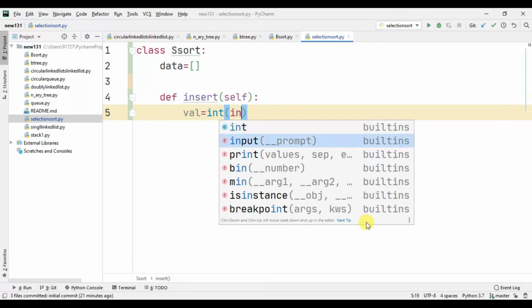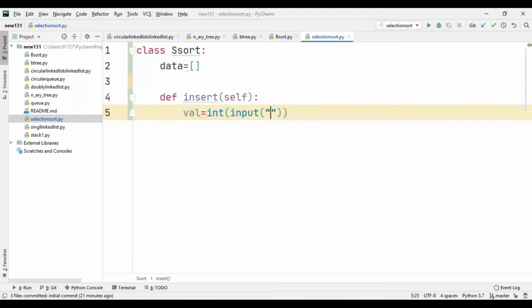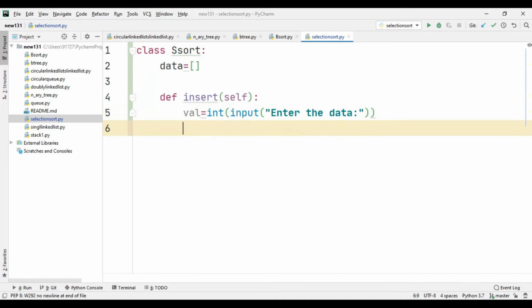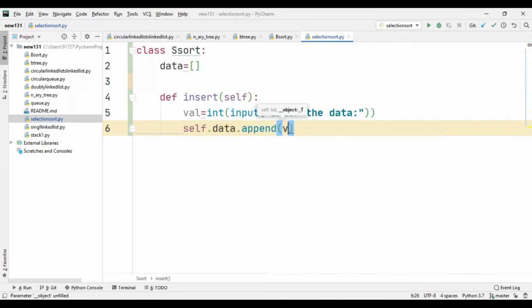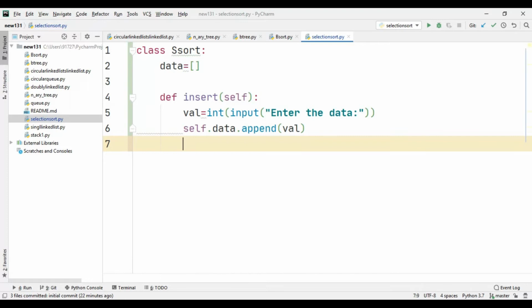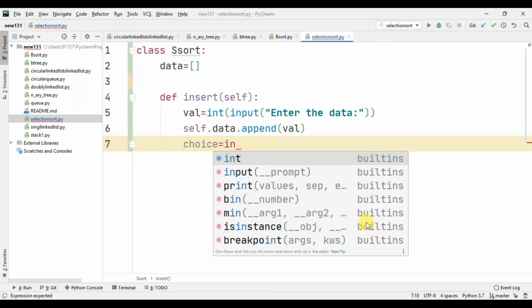Now we will pass a statement in our input. It will be "enter the data". Now we will append this val in our data variable, self.data.append(val). Now we want our users to have two choices: one to append another variable, and two to go back to the main menu. So choice equals input